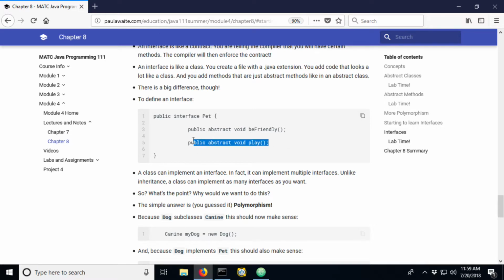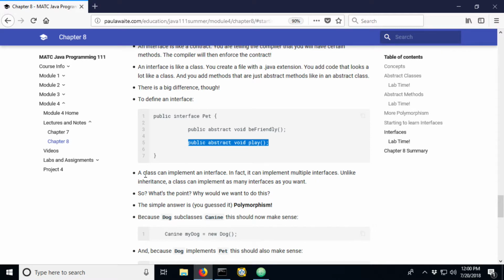Now, one thing I want to note is that in this introduction, we're going to assume that interfaces only have abstract methods. In Java 8, this changed, and you can actually have what we call default methods in an interface. It's not something we're going to talk about or work with at all in this class, but we will explore that in advanced Java. Because it's new, we didn't want to mix that in quite yet. A lot of companies aren't even on Java 8, but it's an important concept, so we're going to talk about that in advanced Java.